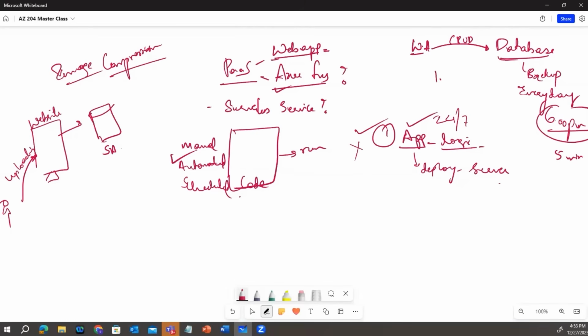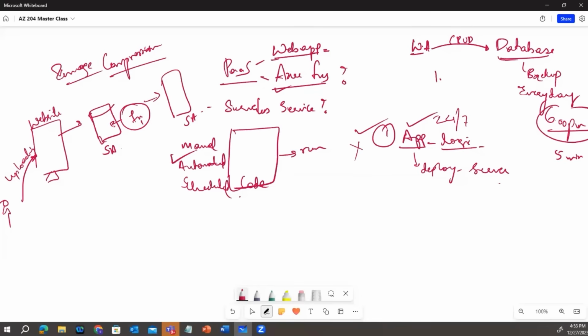Now you, as an administrator, have to compress and maintain these images. So you can write one Azure function which will pick up this image, compress it, and then store it inside another storage account.